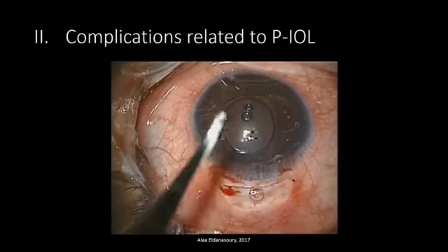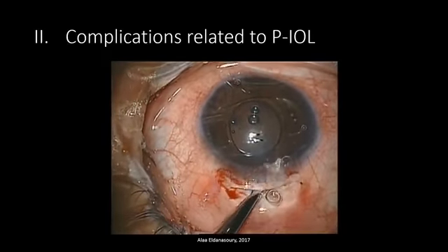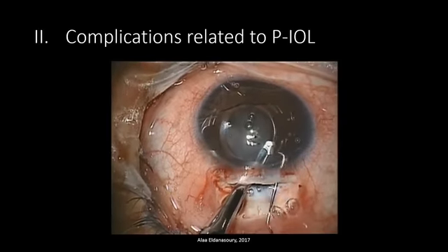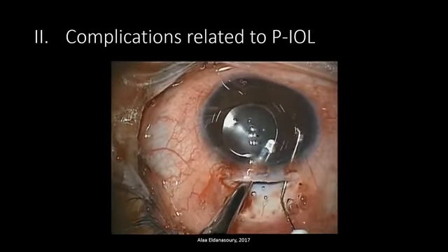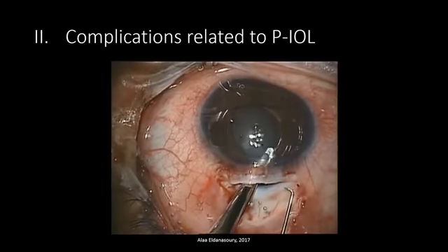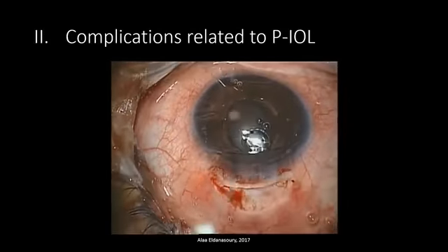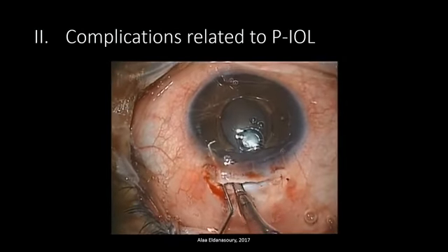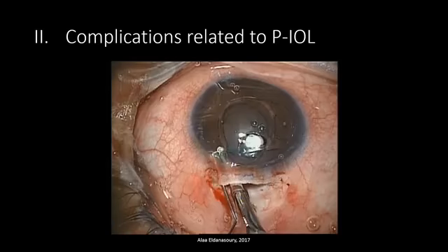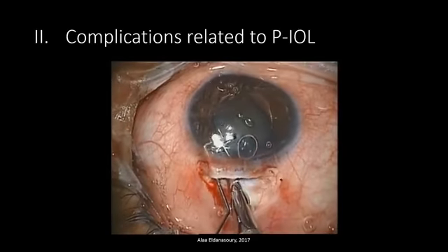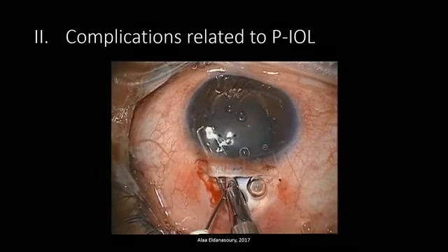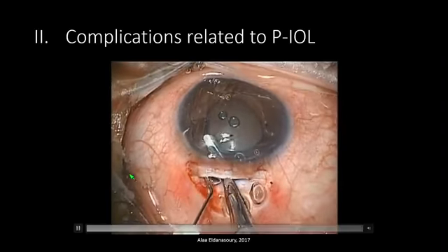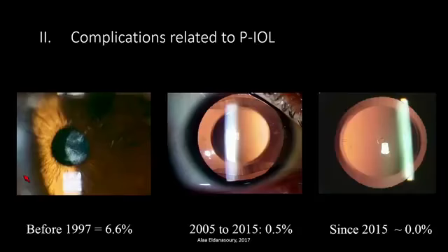When we started doing these lenses in the mid-90s, in the early 90s, we did not have anterior segment OCT, and the company recommendation was 3 millimeters from the epithelium, which is wrong. I had to remove many of these lenses because of endothelial decompensation, and the advice here is if you have to remove an Artisan lens, do it through a separate incision. If you're going to do a phaco or endothelial keratoplasty, do it through a separate incision because this makes the